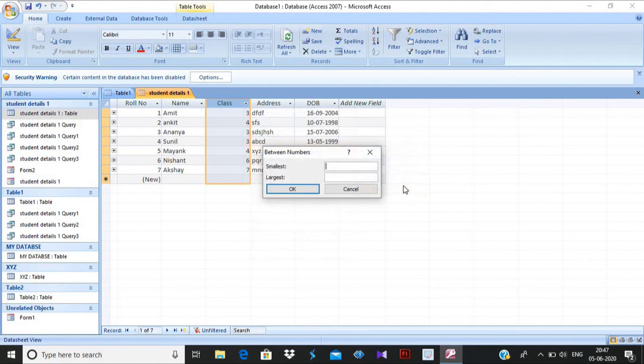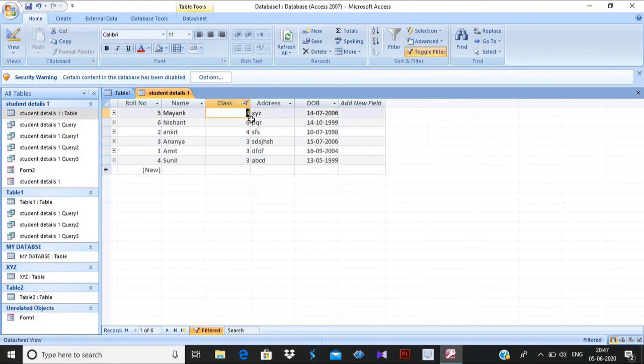If I want the data between class 3rd and 6th, which data will it show? See here, it will show the data of class 4th, 6th, 4th, 3rd. Between 3 to 6 means class 3 will also come, class 6th will also come, and in between class 4 is also there. Class 7th is removed from here. Like this you can do advanced filter.